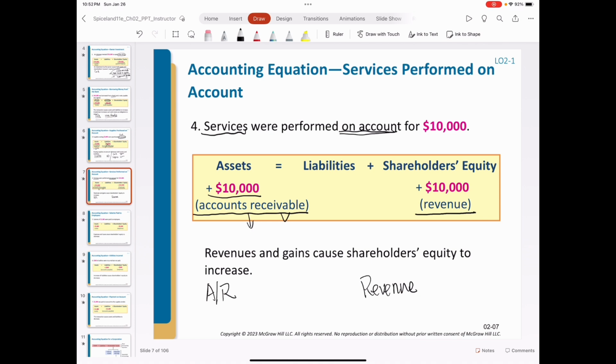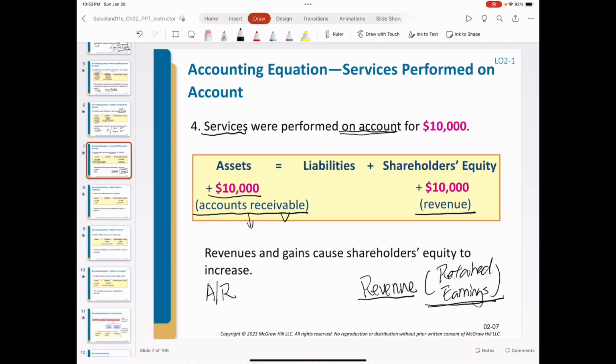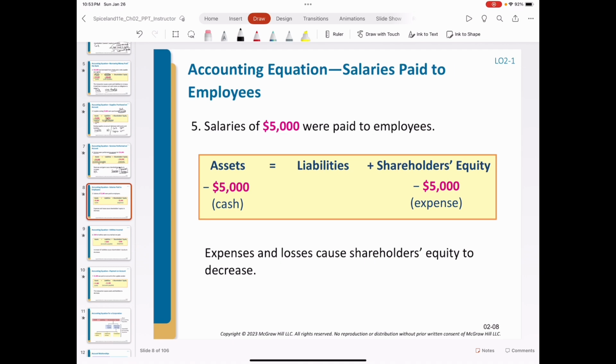Why do I use revenue? Actually, here I can also use retained earnings. Maybe this is the first time you see these words, but don't worry, you will get familiar with them later. Either recording revenue or retained earnings is equivalent regarding the impact on the financial position. We use revenue because later we need it to prepare the income statement. Later, I will talk about how to close the revenue account to retained earnings, or how to transfer the balance of revenue to the retained earnings account.